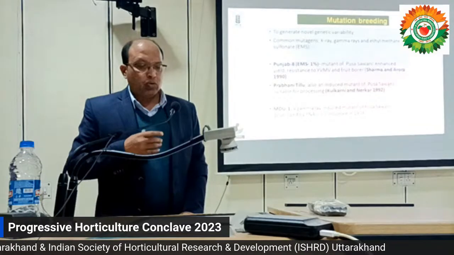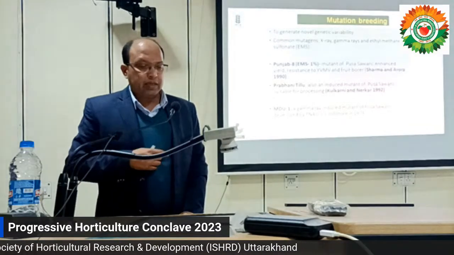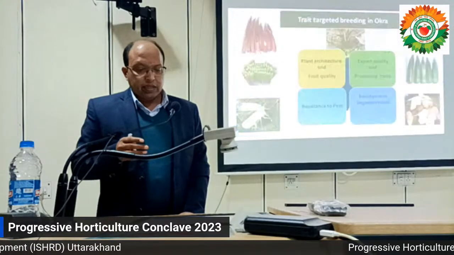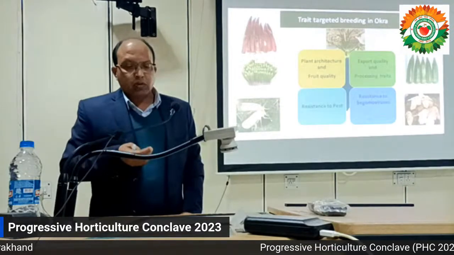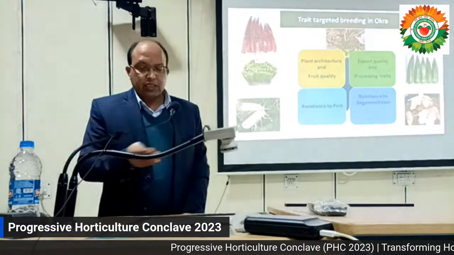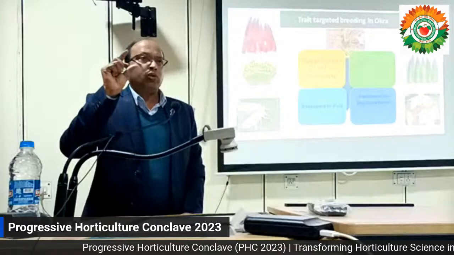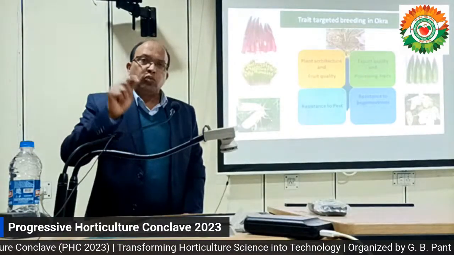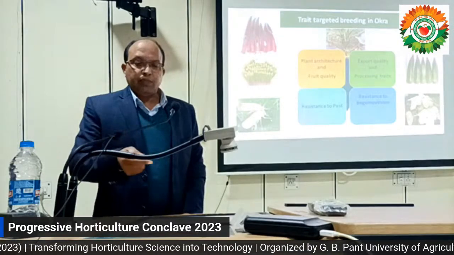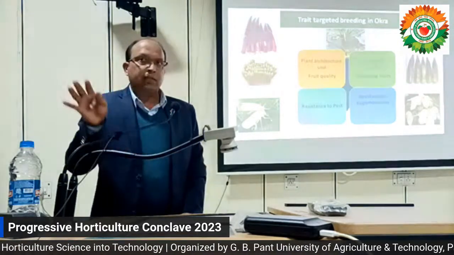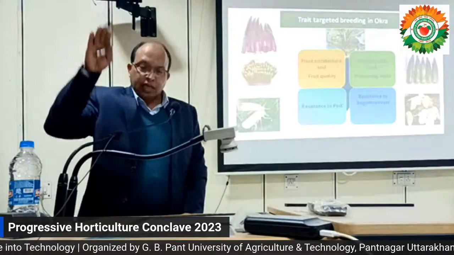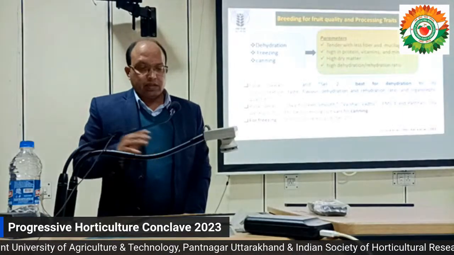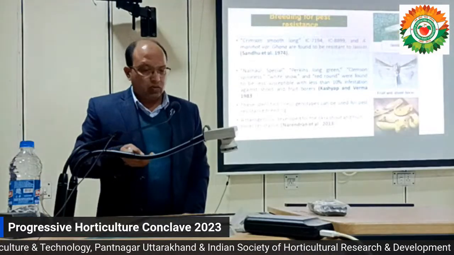Mutation breeding, I told you in the beginning, has been used with Punjab 8 and Parbhani Tillu. Polyploidy is used, and trait-specific breeding we are now doing for different traits. One trait, a very close internodal plant ideotype, is becoming very popular nowadays. Because of that, one variety has come, and all the okra breeding systems have changed. From tall varieties, they have gone to short varieties with closer fruiting. And this is the quality and processing part; we will not go into it much.